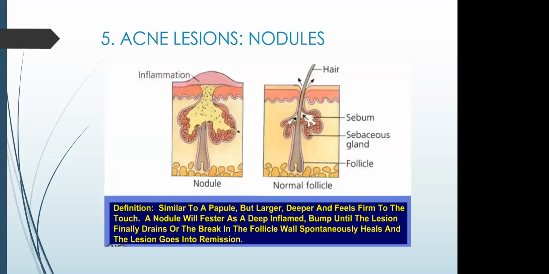Nodules appear as inflamed bumps larger than the end of your finger. Like a papule, a nodule is a solid, dome-shaped, irregularly shaped lesion. It's characterized by inflammation, extends into deeper layers of the skin, and can cause tissue destruction that results in scarring. A nodule may be very painful. The cause, again, is a break in the lining deep in the follicle.